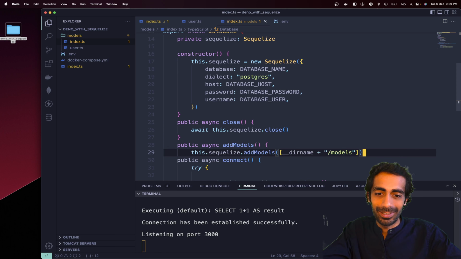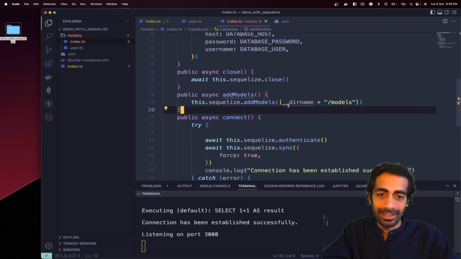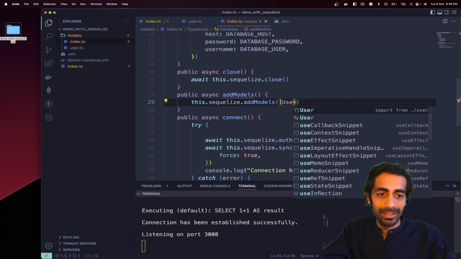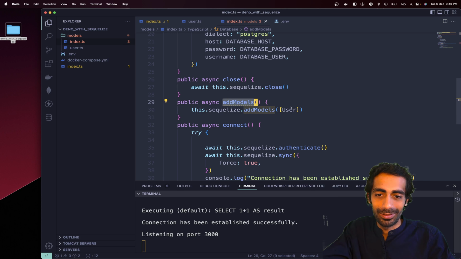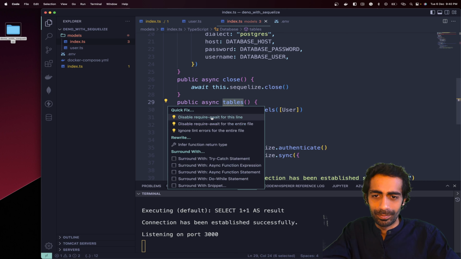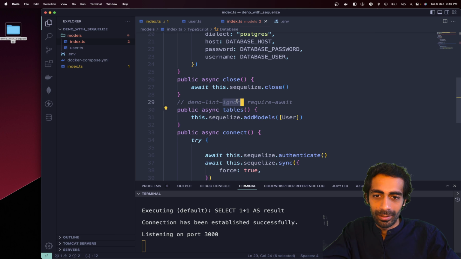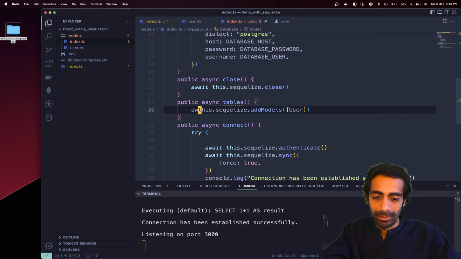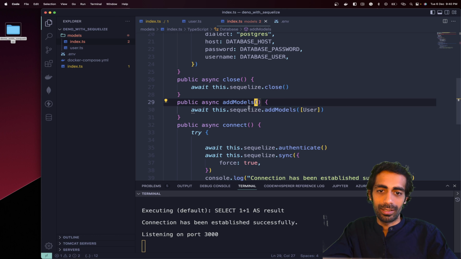Okay, so this is how we can add models, and all the models defined inside my directory we can add directly, or we can specify a single model like this. So should this be models, or should I use tables like this? Tables would be a great option. Await is necessary, by the way. So add models, I'll prefer to go with add models. It should be equal,